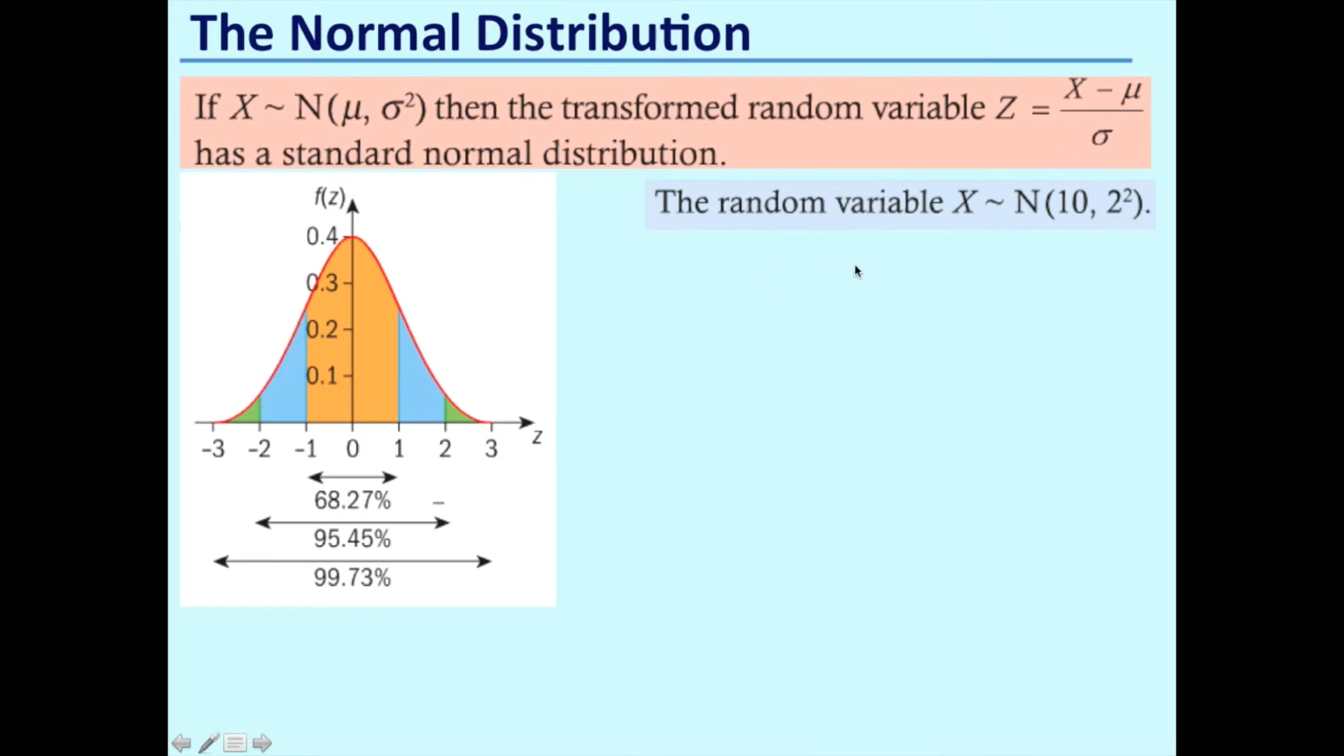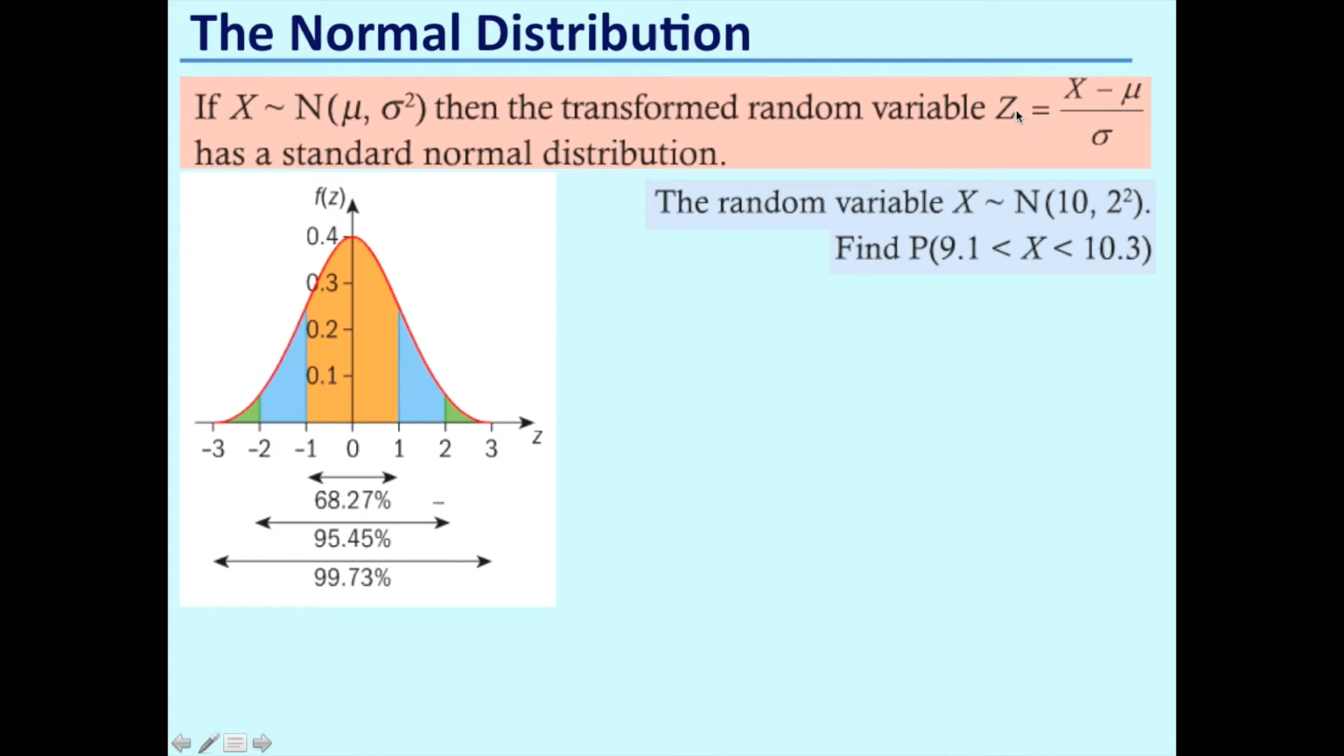Suppose we have a random variable x which is normally distributed with a mean of 10 and a standard deviation of 2. So at the moment we can't put this into our calculator because it is not in the standard normal distribution. Suppose we're asked then to find the probability that x is between 9.1 and 10.3. Well, the first thing we're going to have to do is convert each of these into the standard normal distribution